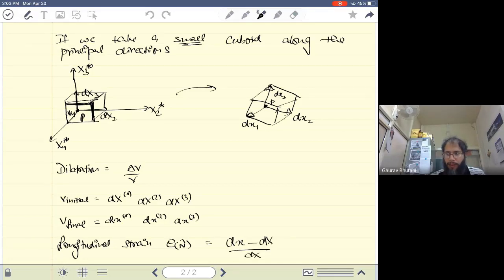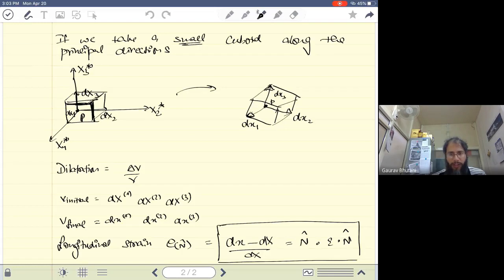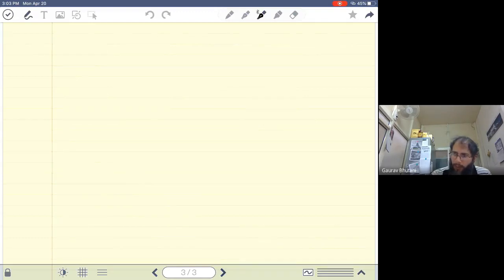So that was the definition of longitudinal strain, and we could write that as n dot epsilon dot n. So that's from what we derived last time. Okay. So we derived that this quantity, longitudinal strain, which is d small x minus d capital X by d capital X, that's the change in length upon unit length, is equal to n epsilon n. So if we substitute the values that we have here, we can easily write d small x1 minus d capital X1 divided by d capital X1 is epsilon